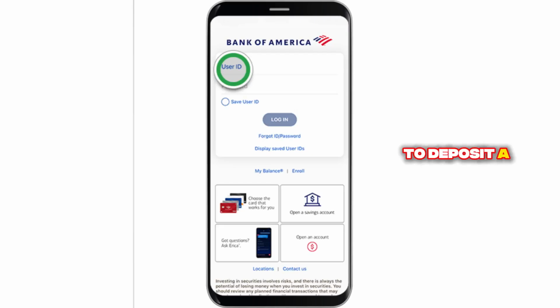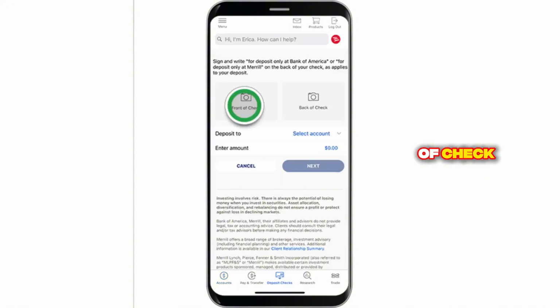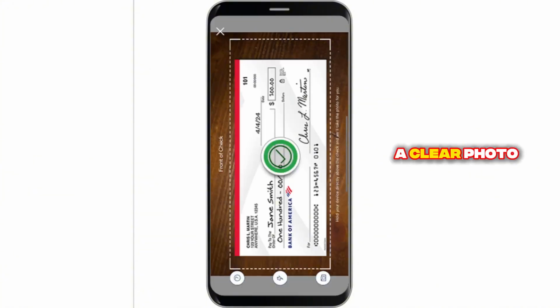This is how to deposit a check, so make sure to follow my steps. For the first one, you should log in to your mobile banking app. For the next step, you should tap deposit checks. After that, you should tap front of check, and then make sure to take a clear photo of the front